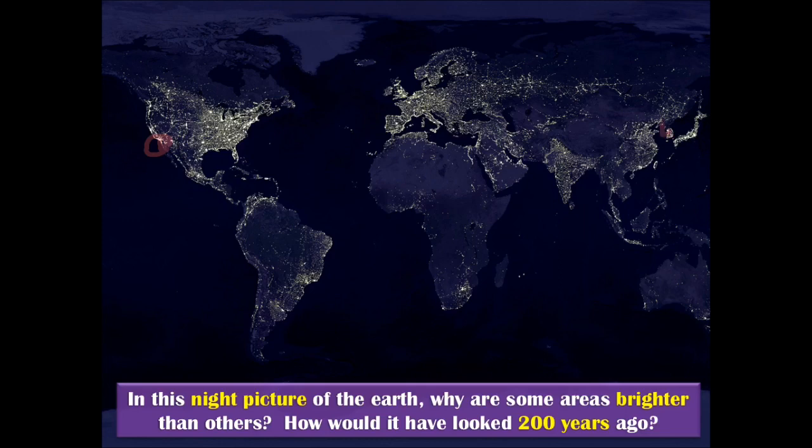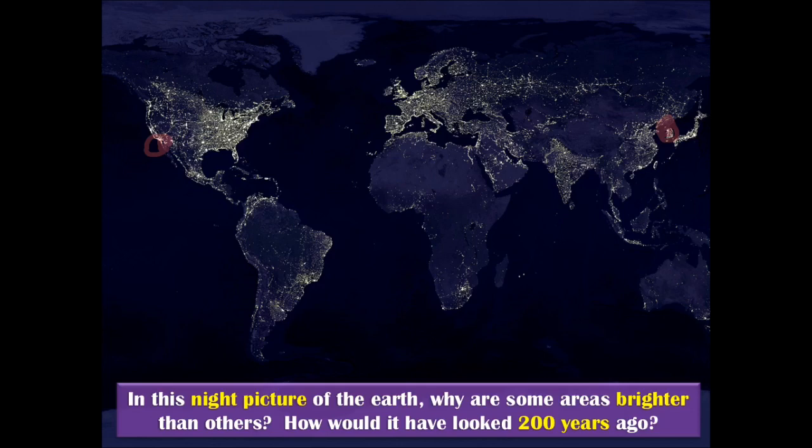It's right here. This is not water. This spot right there, that's North Korea. So we have South Korea, and then right above it is North Korea. Why do you think North Korea is so dark? Well, if you know a little bit about North Korea, you know that they're pretty closed off from the rest of the world, and they don't have a lot of money to spend on things like lights and electricity. So it's going to be pretty dark at night.